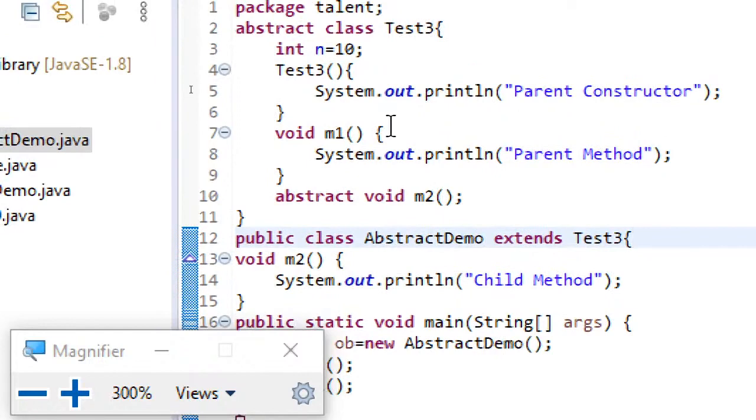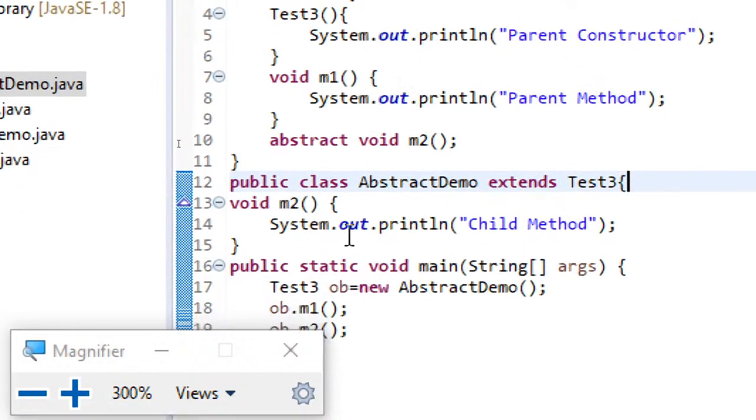So even though you don't have a constructor of your own, JVM will add the constructor. And even though you don't create an object of the abstract class, you can still define a constructor for the abstract class, which can be used by the child. So these are the points to be noted. And I hope the initial points I made were also understood by everyone.